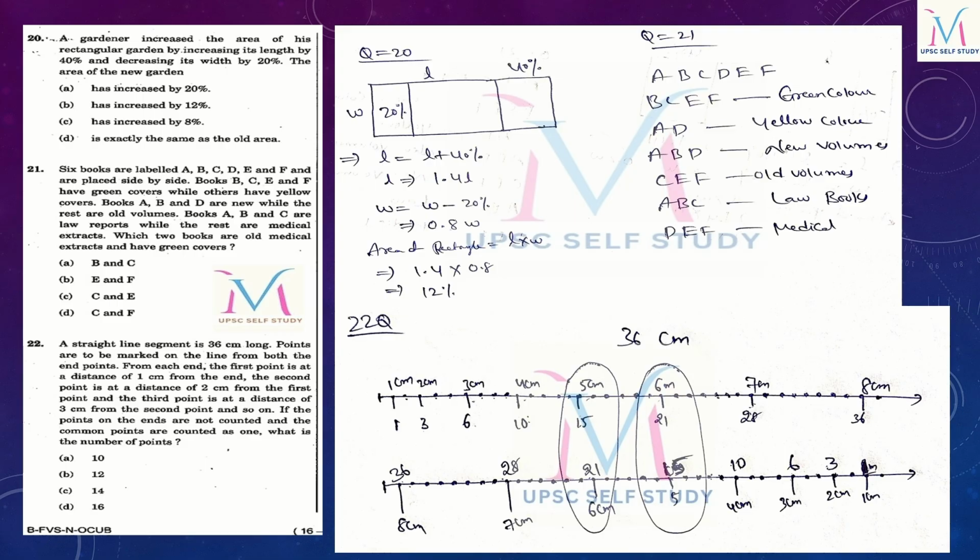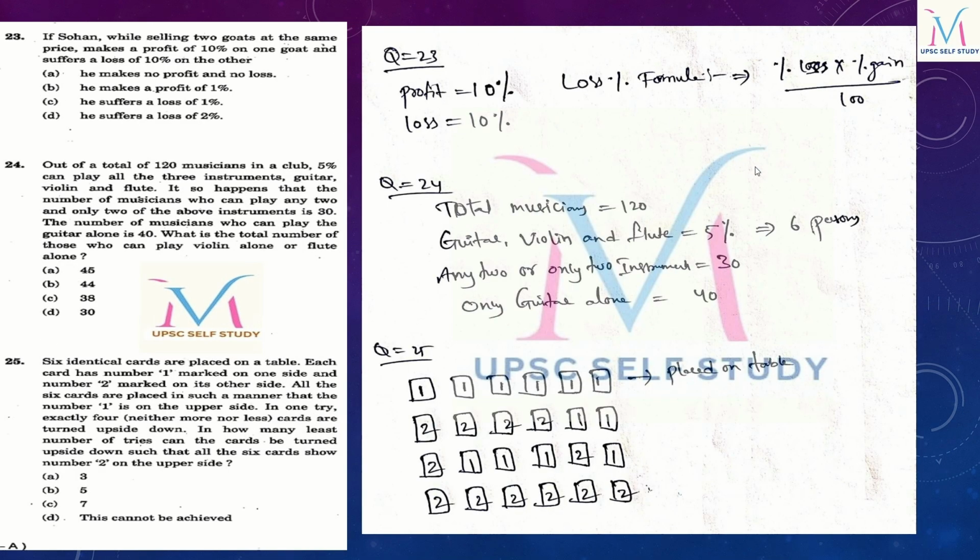Hope you understand. If you are a little bit confused, again listen and read the question carefully and look at the points and understand the question. Okay, next, coming to the 23rd question. So coming to the 23rd question, it is this question which is related to the topic of profit and loss. Okay, 23rd question, if you look into it,